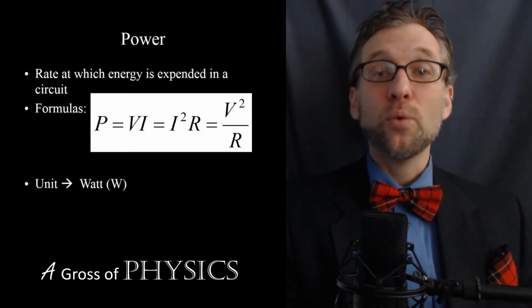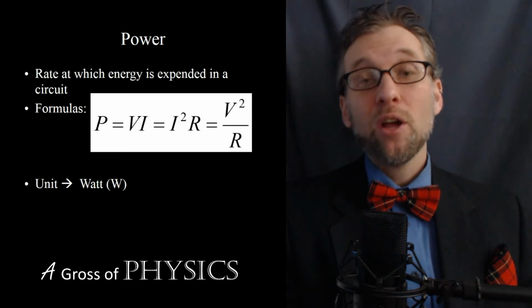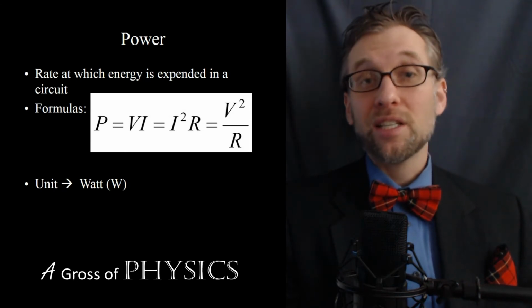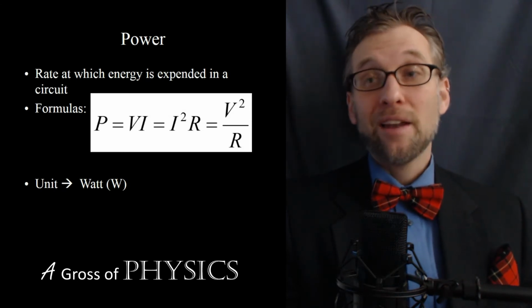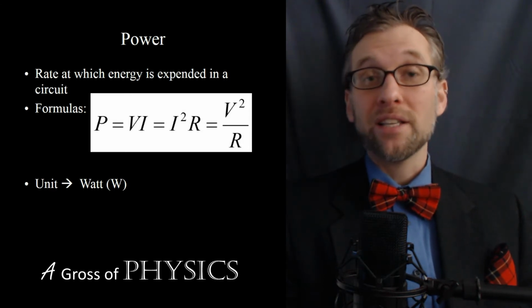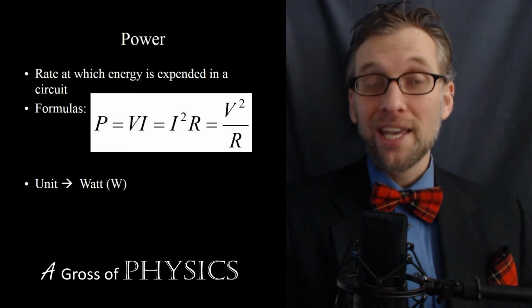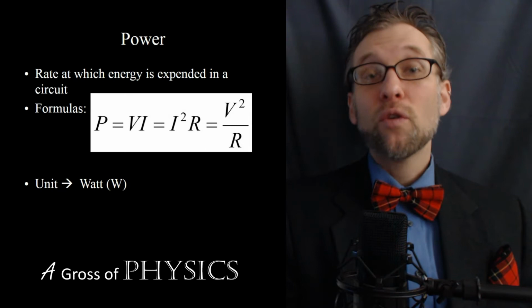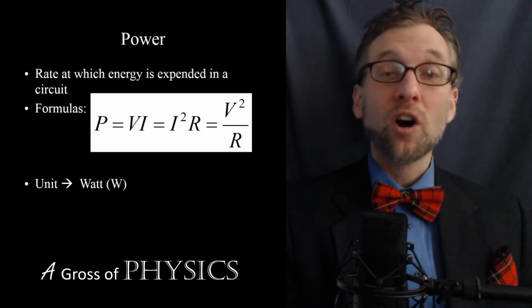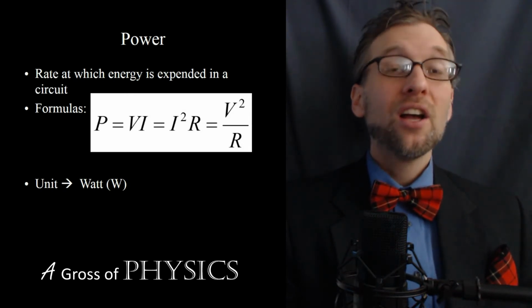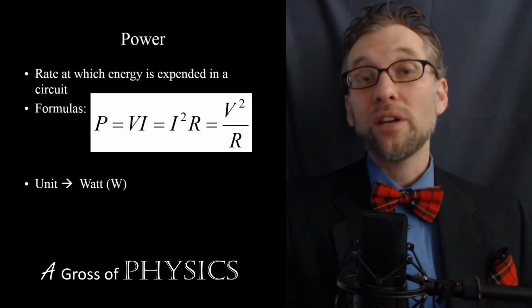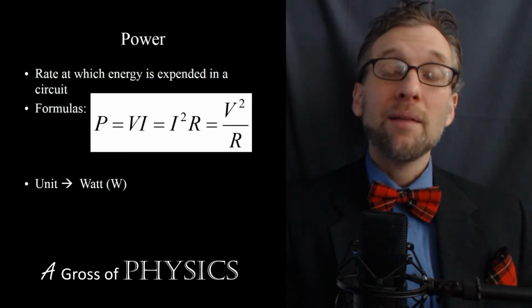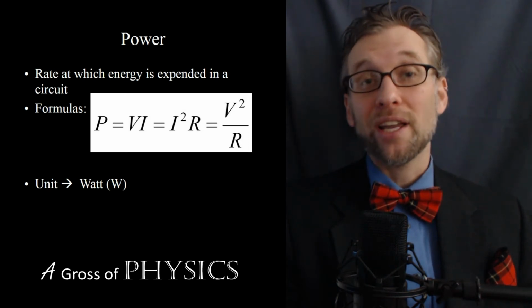So in each case, we can find either the current or the voltage or the resistance if we know the power output. And of course, if we're plugging it into the wall and it's listed in power, we're going to know P and we're going to know V. So if we know P and V, we can solve for R or we can solve for the current. Current's important because it's going to provide us a measure of whether or not the circuit may